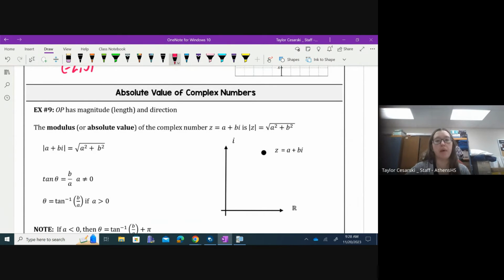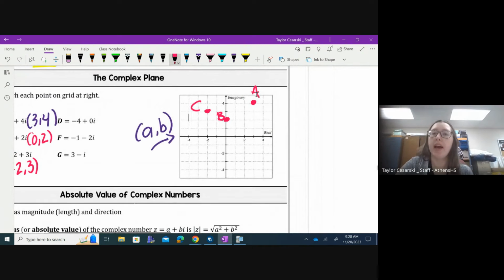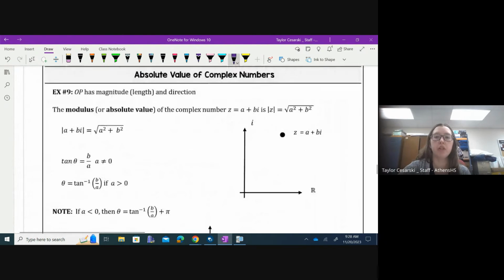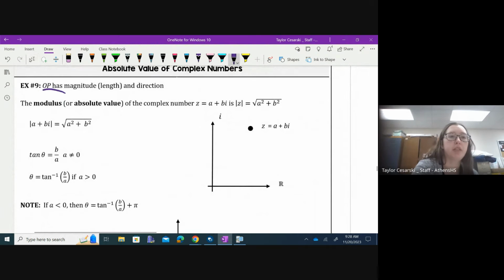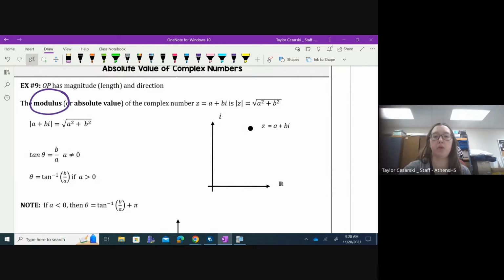So when we talk about, for example, the point A, we can also find its magnitude, which is essentially the distance from the origin to that point, okay? And we're going to do that just like you think. A lot of times you'll hear this as the modulus. It's the square root of a squared plus b squared. And that should make sense in your brain because this would be a, this would be b, and it's just